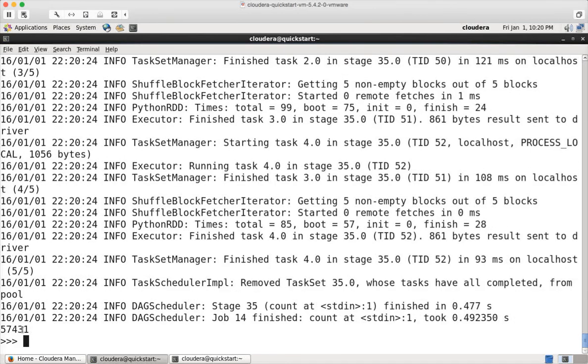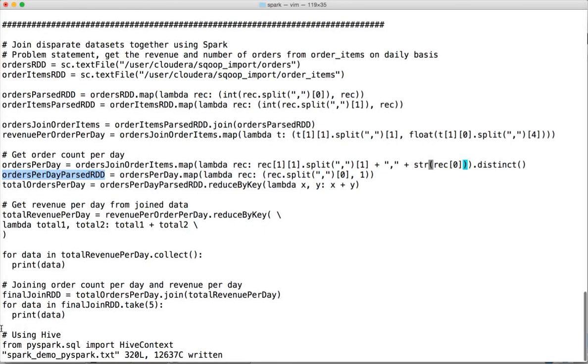So finally we should have only the number of days we have in the dataset, not even 57,431, because we are trying to compute for each day. That being said, you can run this command